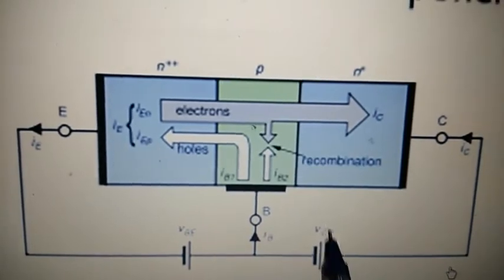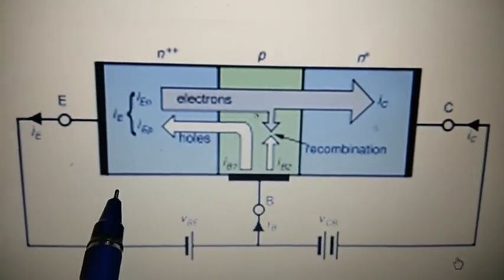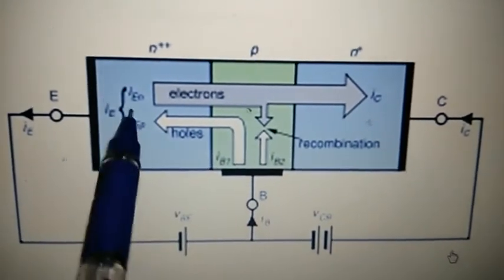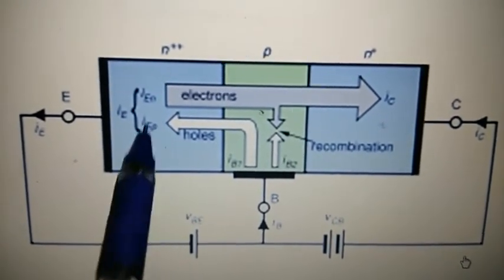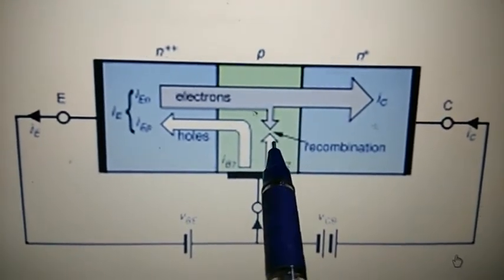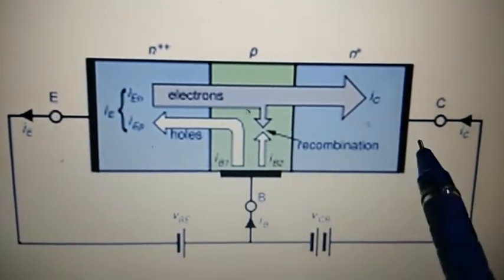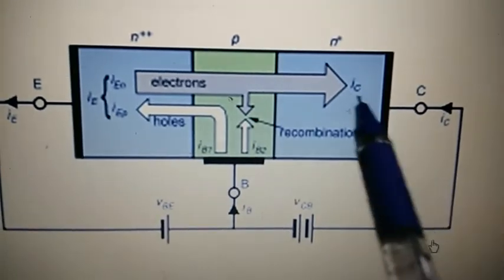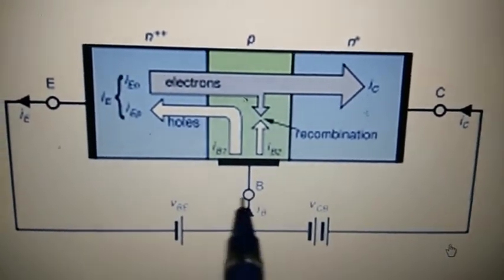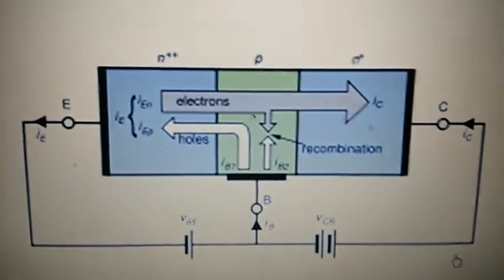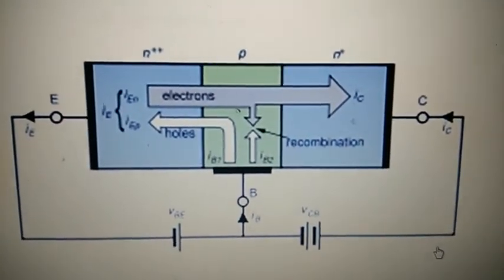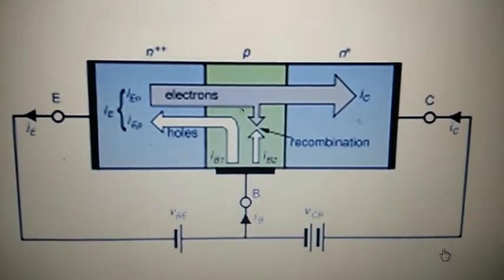This is the reverse bias junction, base to collector, while this is the forward bias junction, base to emitter. You can see here, this N type emitter is connected to the N type of battery, and this P is connected to this base. Similarly, this collector is N type, connected to the P type of battery, and this is connected to base. So these are the current components of a transistor.